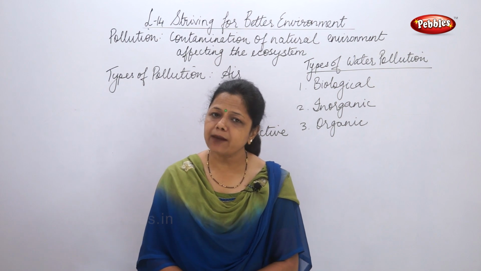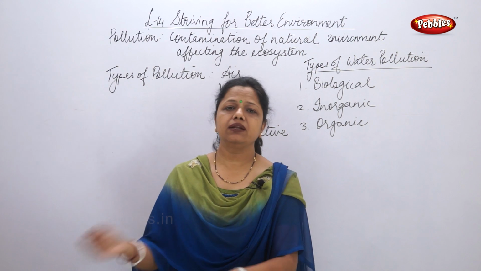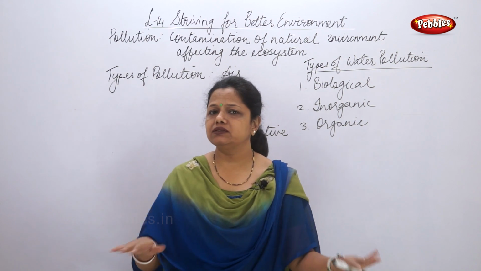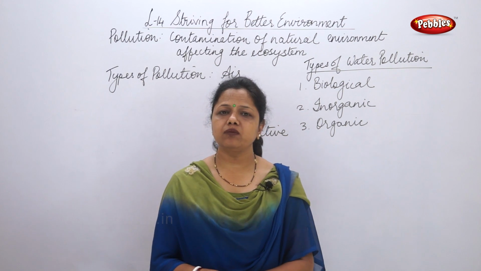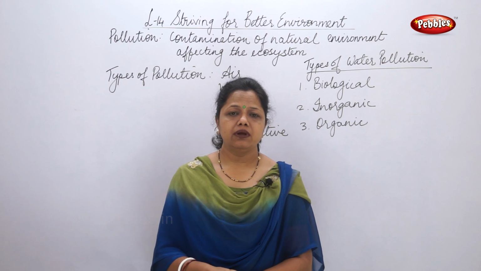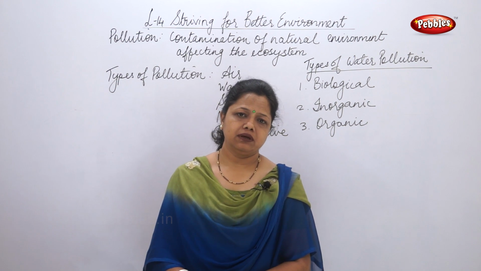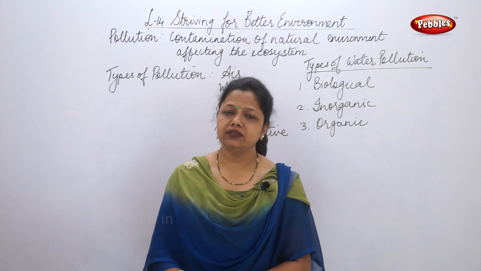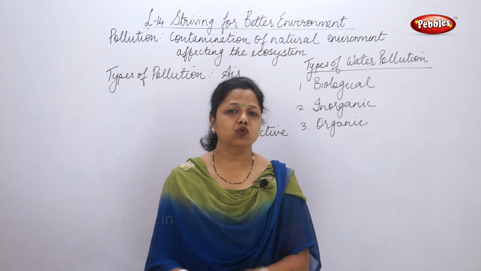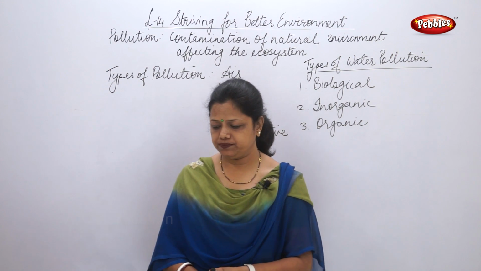When oil spills happen, what effect does it have on the flora and fauna living inside? When the oil spills take place, it covers the water body. When it covers the water body, the oxygen supply is stopped, the light supply is stopped, and therefore the animals living under it can die immediately. Even the flora growing inside can also die immediately. So oil spills, though not very common, are one of the reasons of water pollution.